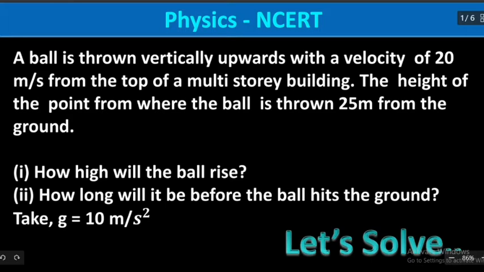In today's video, I will explain and solve one question taken from NCERT. So let's get started. What the question says is,